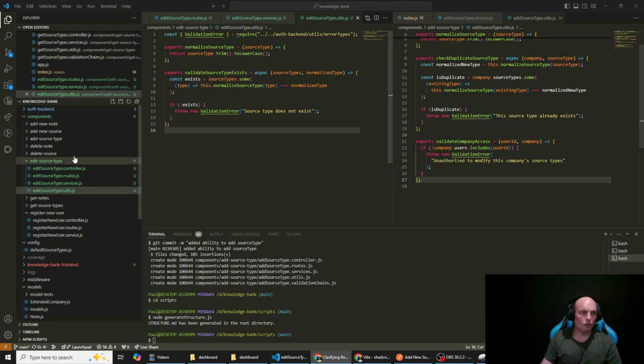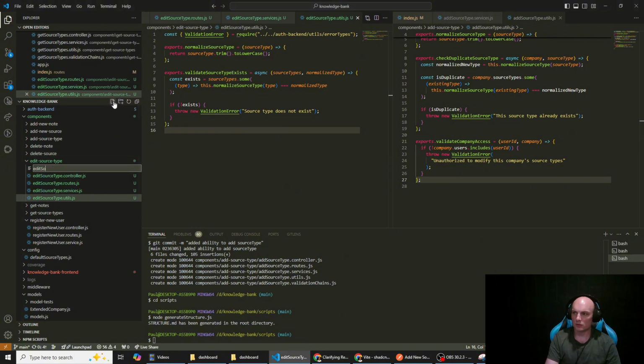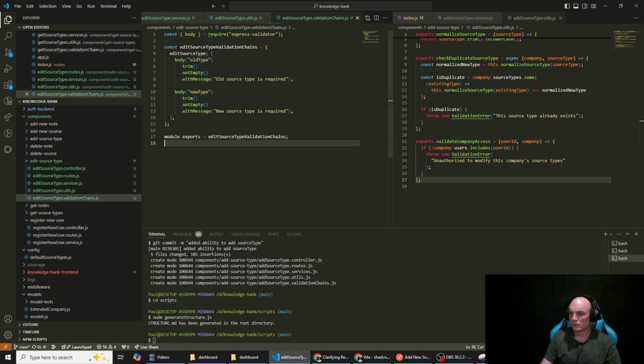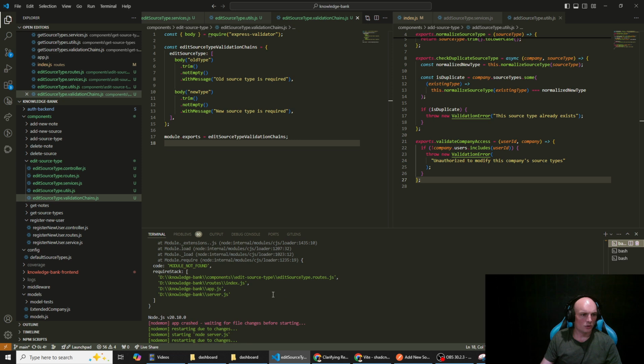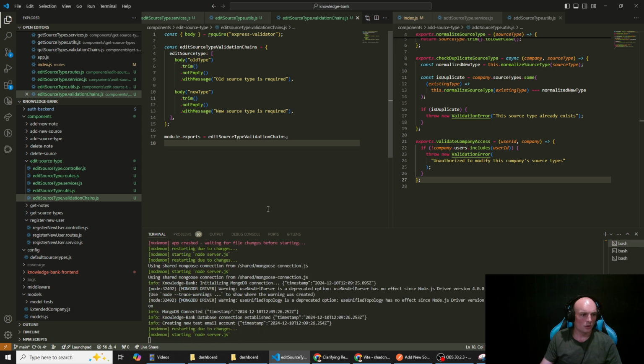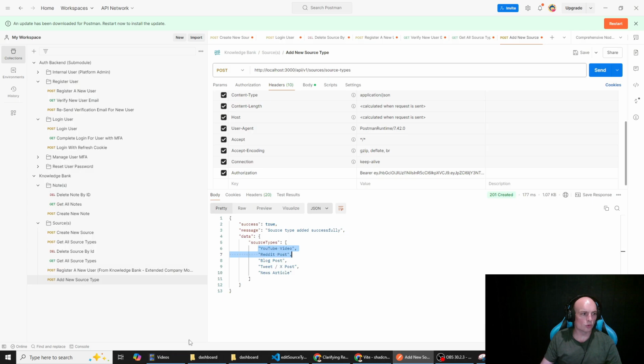And edit SourceType.validation chains. Right. So restart that. And then what we're going to do is, actually,